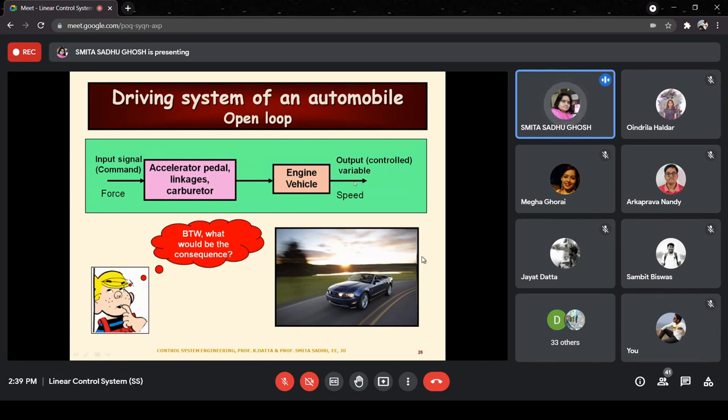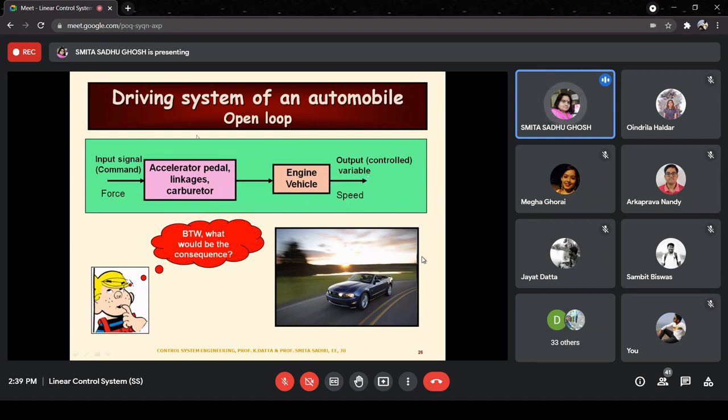Naturally, there will be no means of knowing whether the speed is high. Say, for example, somebody is applying the force, they would keep on applying the force, increasing the force, and the speed would keep on increasing. It's likely to be like that because the person who is applying the force has no means of knowing the value of the speed, right?